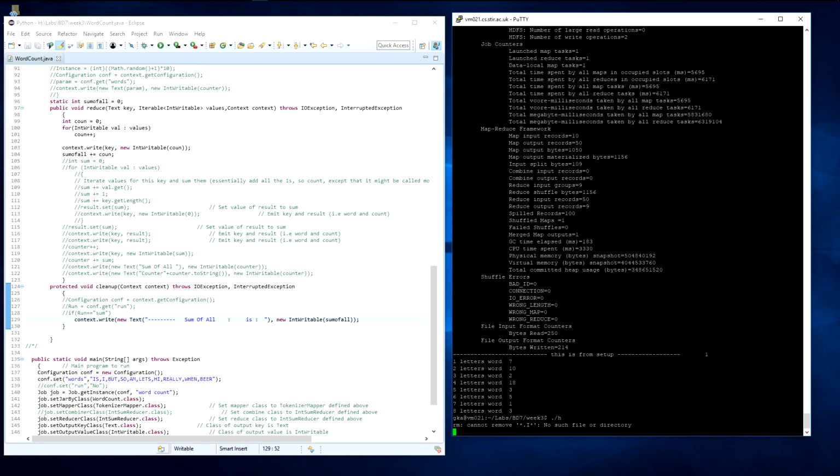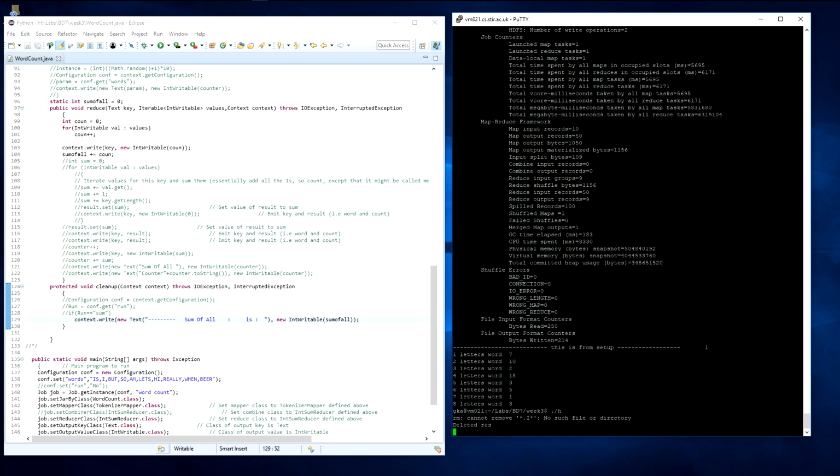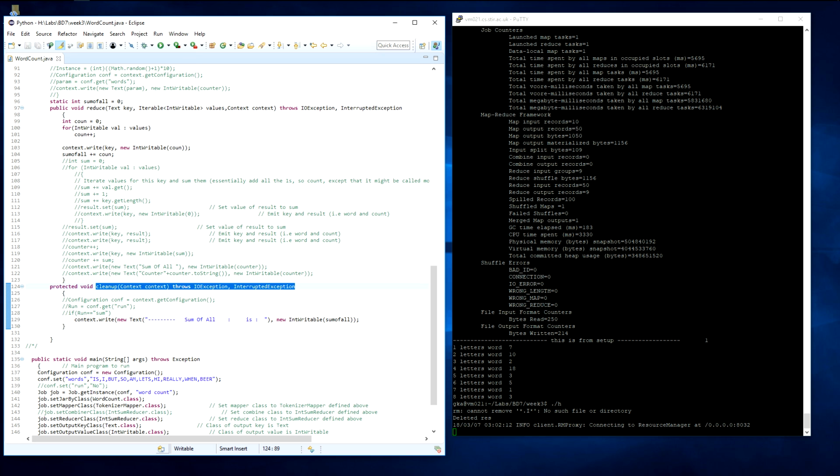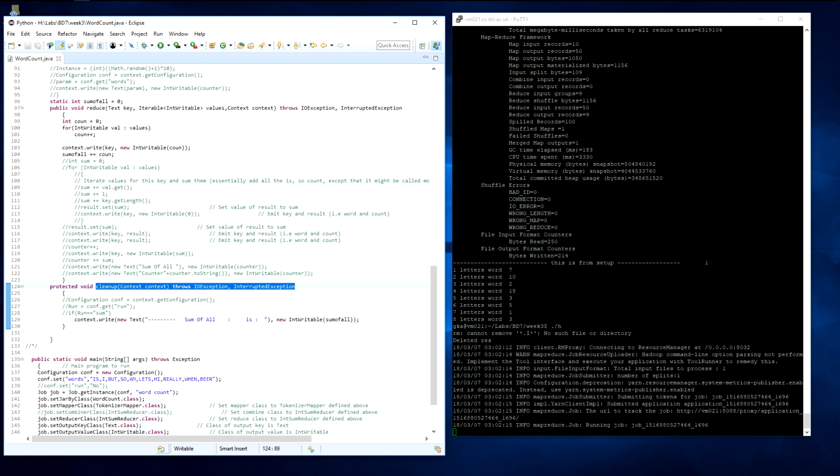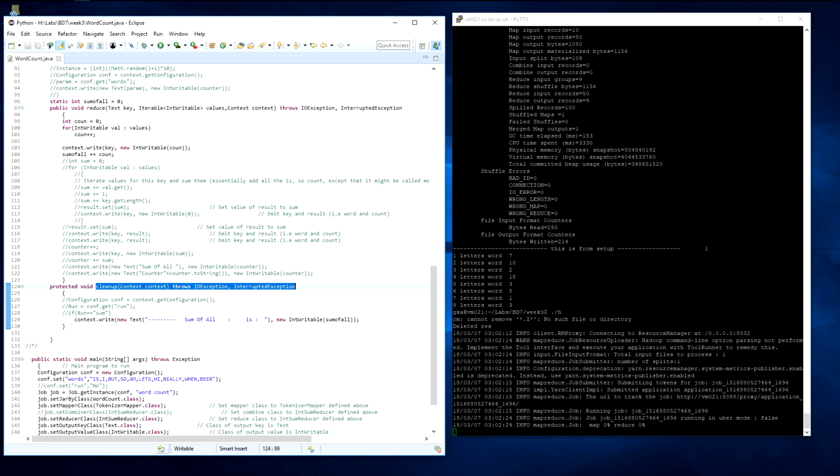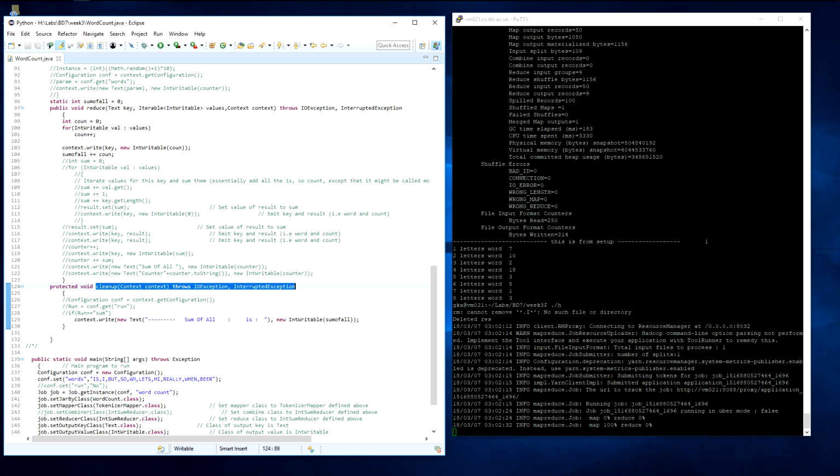At the end of my context, I just write to my context because this cleanup is going to run at the end of the job. I write to the context: sum of all is sum of all. That means I'm going to count all the words, how many words I have in my file at the end. Hopefully we'll see the result. See, because 9, 54, 5, 6, 7, 8,